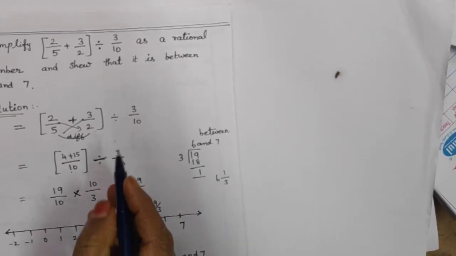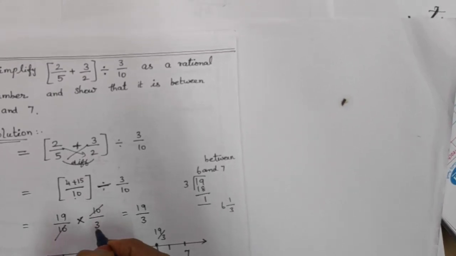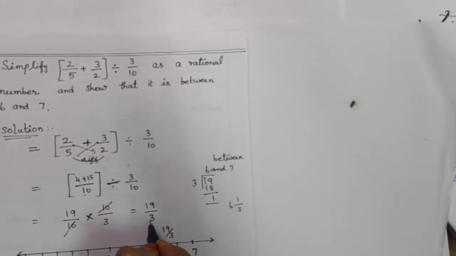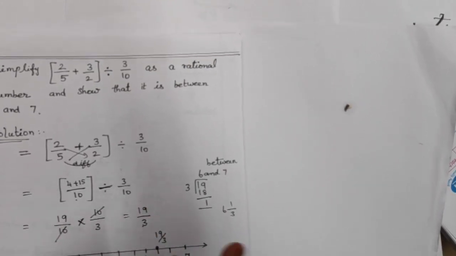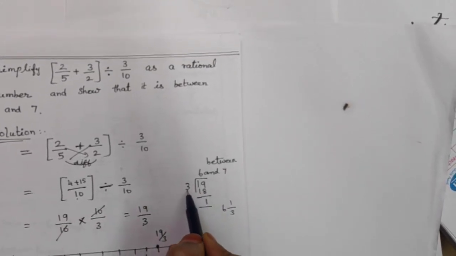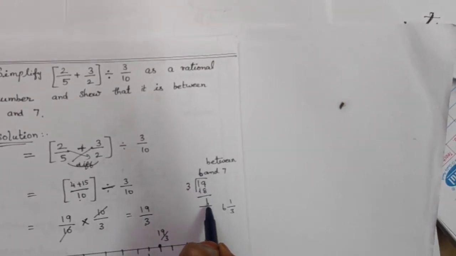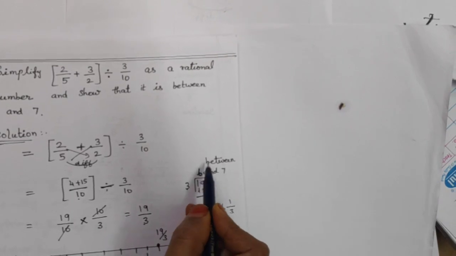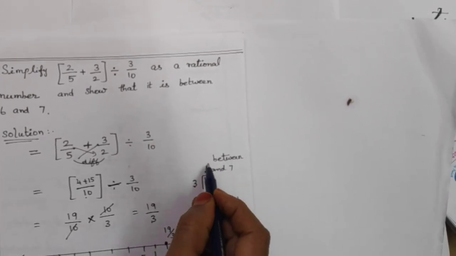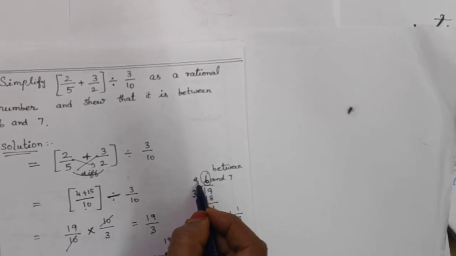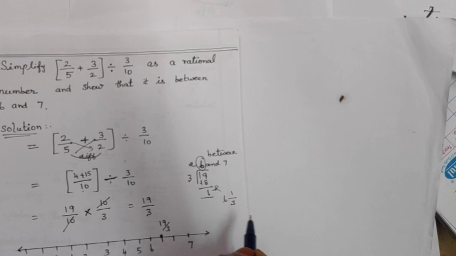10 by 3. 1 10 is 10, 1 10 is 10. Only 19 by 3 remains. What is the answer? 19 by 3. This 19 by 3 you mark on the number line. The first step is 19 divided by 3. 6 3s are 18, 19 minus 18 is 1. 6 is right after, and 6 and 7 are the in-between numbers. So the answer is quotient 6, remainder 1, the number 6 and 1 by 3.